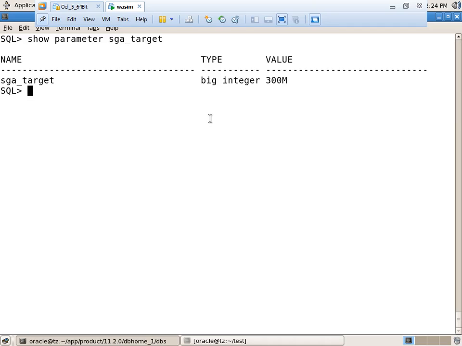We are in the P file, right? I am not discussing the SP file. We are in static, just in the P file. How can we change it? Go to wherever the P file is in that location, open the parameter file through the vi editor, change the value, and after that we can bounce back.